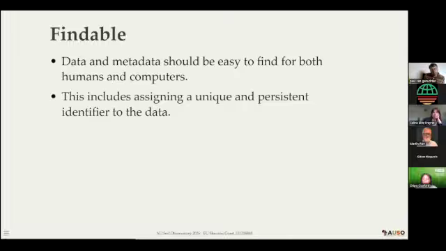And an important aspect here is that each resource should have a unique and persistent identifier. They explicitly added this aspect to findability. However, as a human, you may think, oh, this is more on the accessibility side, but it is not. Making the resource findable today, it's also important that it's still findable in 10 years or 20 or 50 years time. That's why they added this persistent identification as part of the findability.